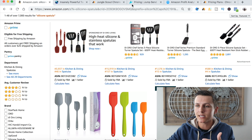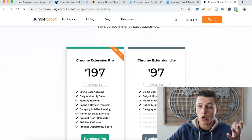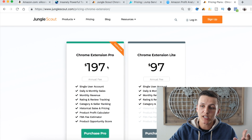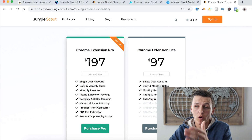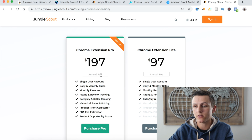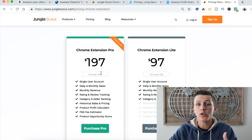But to show you guys the difference between the two plans, again, I'm going to go with the Chrome Pro extension because that's what I would recommend if you're going to get Jungle Scout. The Pro just provides more data. Yes, it's a little bit more expensive, but it's going to be a $197 annual fee. So you're going to pay $197 every single year to have this Chrome extension. That's just under $17 per month if you broke it down per month,